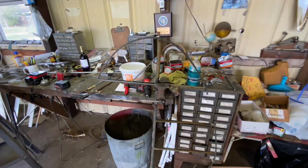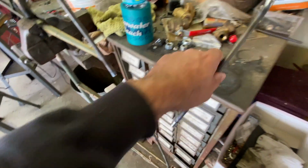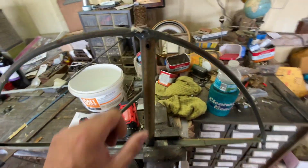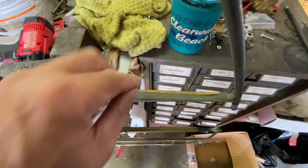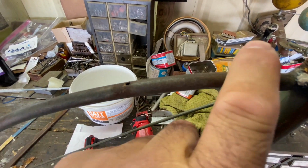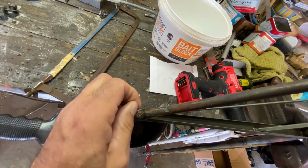There's the rudder. And then this piece will get welded back in right here. But what I'm going to do, it looks like, is take it home, because what needs to happen is all this old tape needs to come off, cleaned, and then there's a little bit of surface rust right here. This all needs to be cleaned up, Scotch-Brite, and yeah, so